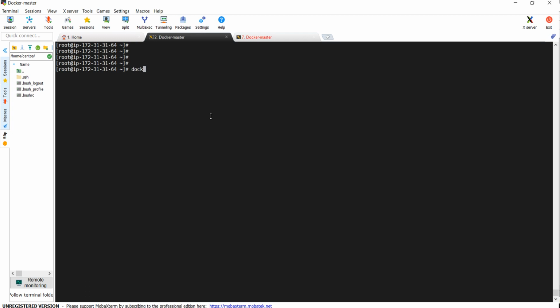Suppose I have these two Docker images available with me: one is CentOS and another is MySQL.